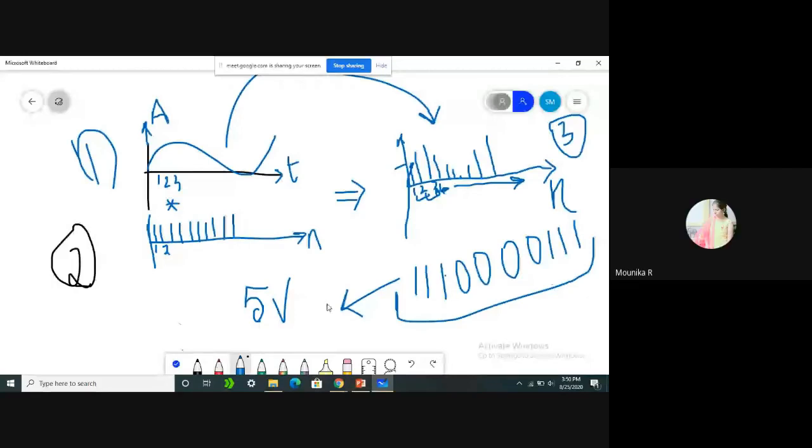So this is the way every digital processor will convert every analog signal into digital signals. So this is the way any information can easily be represented in ones and zeros only. Is that clear, all of you? Yes, sir.